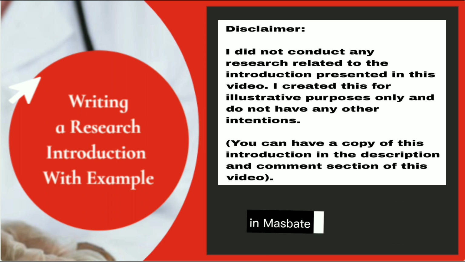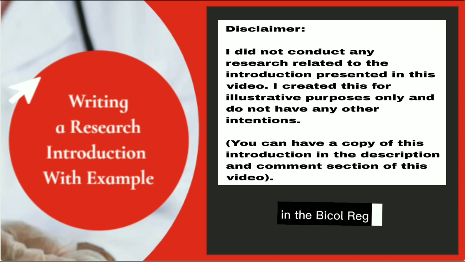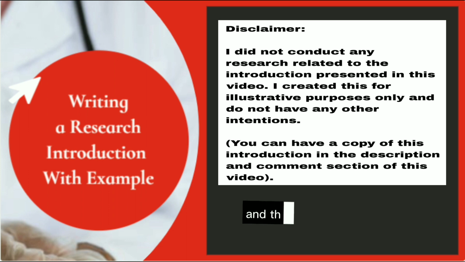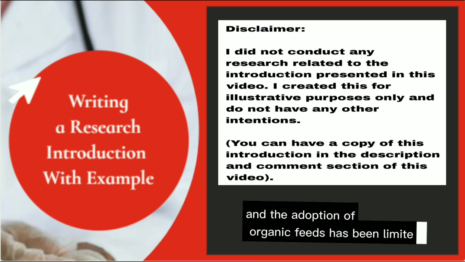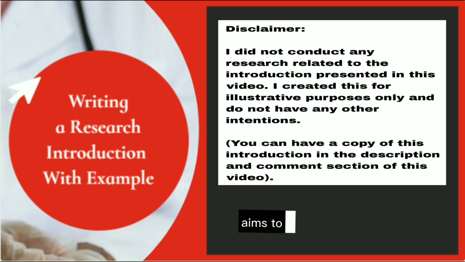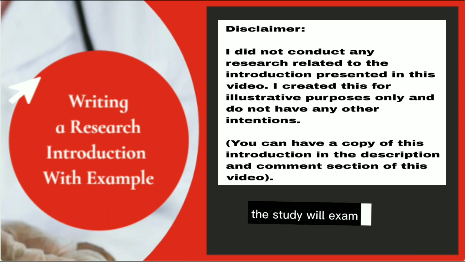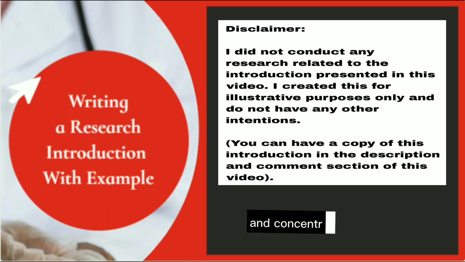In Masbate, a province located in the Bicol Region of the Philippines, the production of broiler chickens is also a significant source of income for local farmers. However, the use of conventional feeds and antibiotics is prevalent, and the adoption of organic feeds has been limited. Therefore, this research aims to investigate the feasibility and effectiveness of using locally made organic food for broiler chickens in Masbate. Specifically, the study will examine the effects of different types and concentrations of organic feeds on broiler chicken growth,